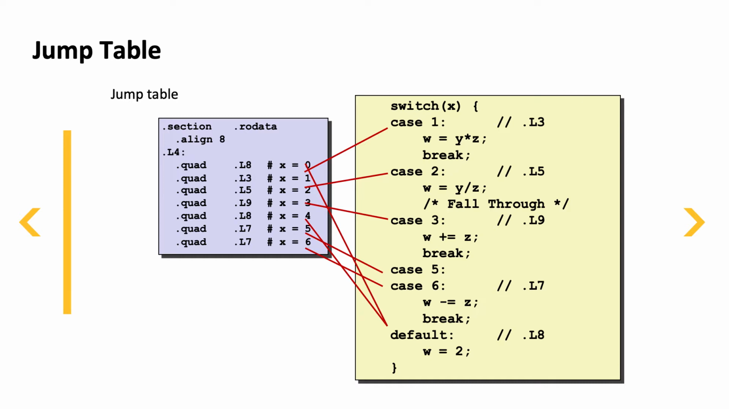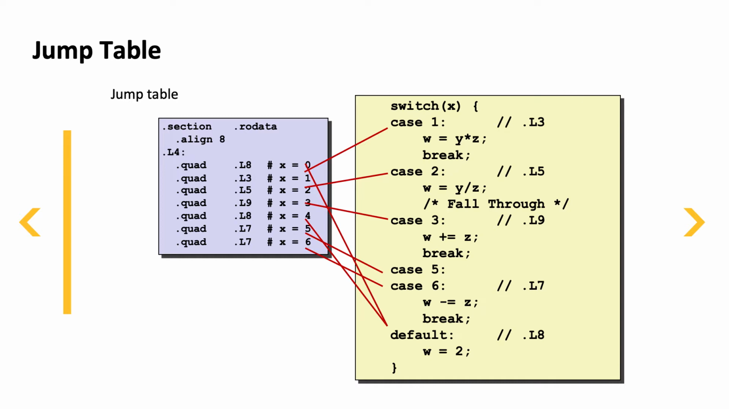So for case 1, we'll jump to L3, right? We go to L4, we go offset by 1. If we offset by 0, we'd be at L8. If we offset by 1, we see there's an entry for L3. When we do that indirect jump, we'll actually just go to L3. We would end up looking at what's at L3, treating it as an address to go get the code block for case 1. Case 2 maps to L5, case 3 maps to L9, case 5 maps to L7, case 6